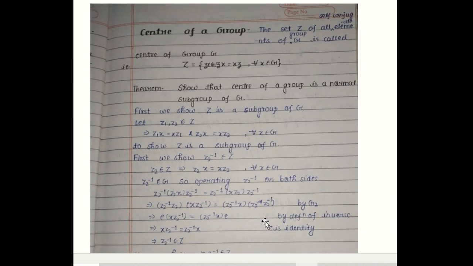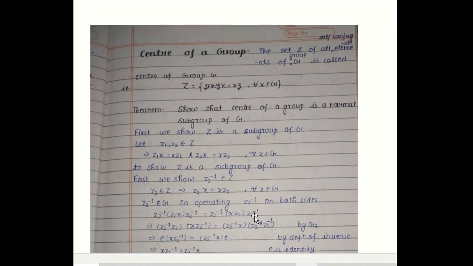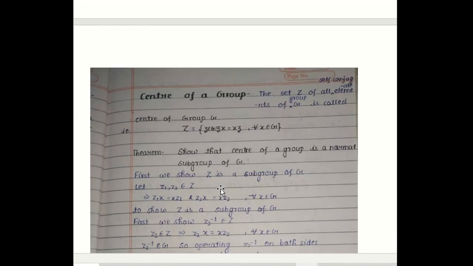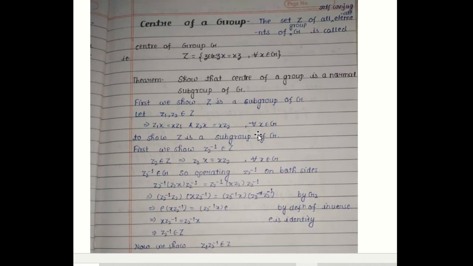So now one more very important definition, that is the center of a group. The center of a group is what? The set Z of all self-conjugate elements of a group G. We have defined self-conjugate element here: ax is equal to xa. Then that type of elements are called self-conjugates. So the set Z of all self-conjugate elements of a group G is called the center of the group. That is, Z is the set of z belonging to G such that zx is equal to xz for all x belonging to G. Then that is called the center of the group.